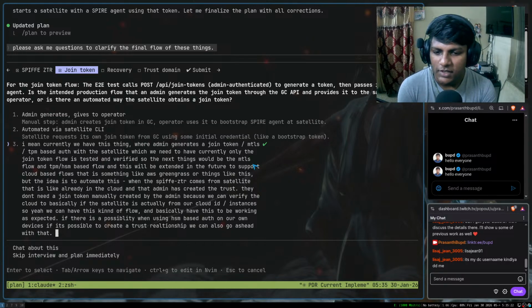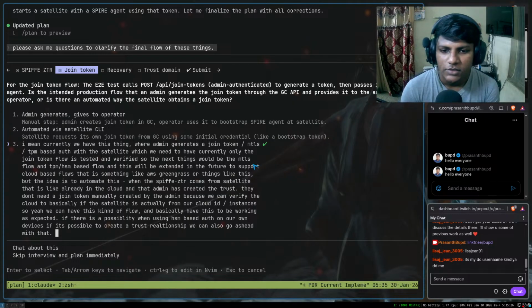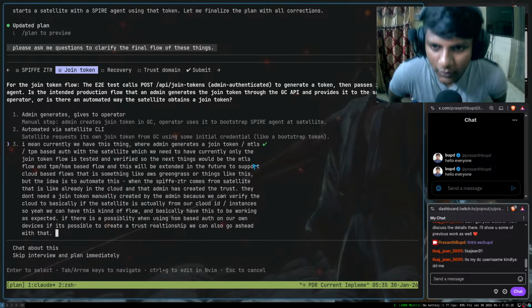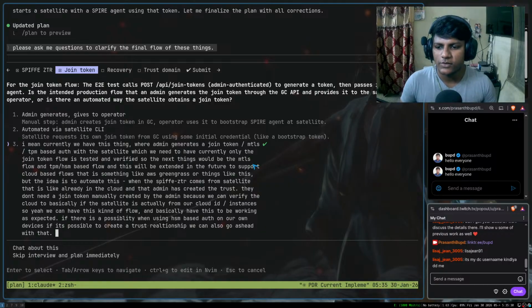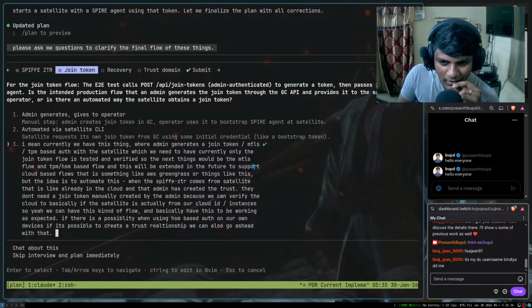It's possible to create a trust relationship between this thing. So we have this flow right now, but we just need to have this trust relationship so that we can trust those satellites. So the join token is fine, and then using that token to join. But the other good way is to basically have